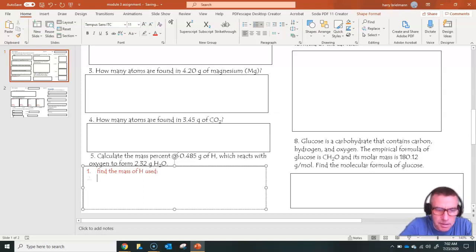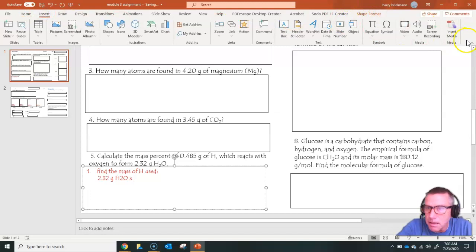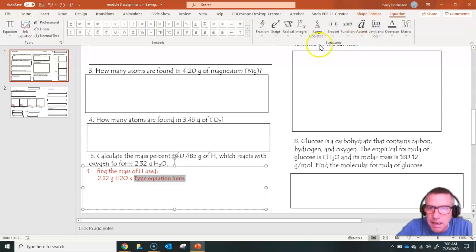In other words, we had 2.32 grams of water that was formed, but not all of it was used. So I'm just going to make this nice and clean, and I'm going to go to the equation editor here and just get a little fraction going, because for every 18.0 grams of water that is formed,